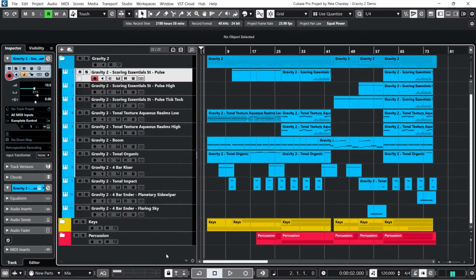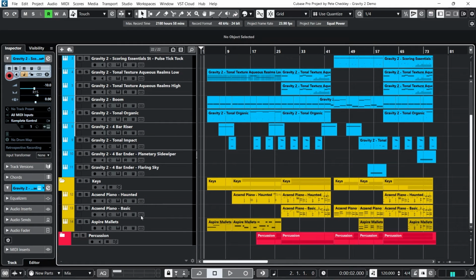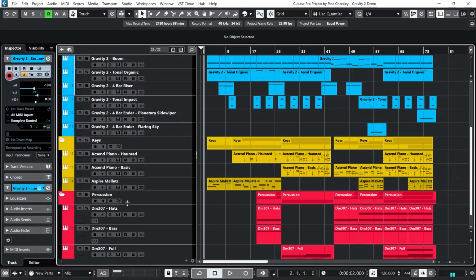And there we have our 45-minute timed composition task. It is a very straightforward composition, just standard chord progressions, but it is a good example of the kind of hybrid underscore that I would send off to publishers. And of course, it features Gravity 2, and there are 11 Gravity 2 tracks, so lots of different sound design, pulses, drones, textures, etc. For the keys, I've used the Ascend piano and Aspire mallets, and the percussion is DM307,